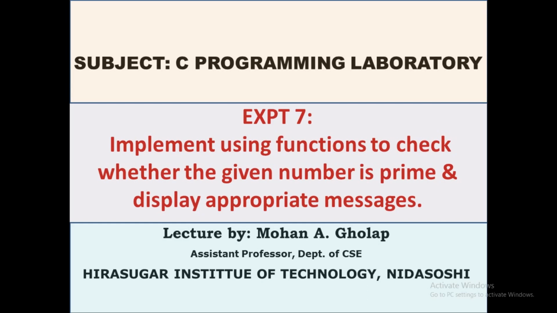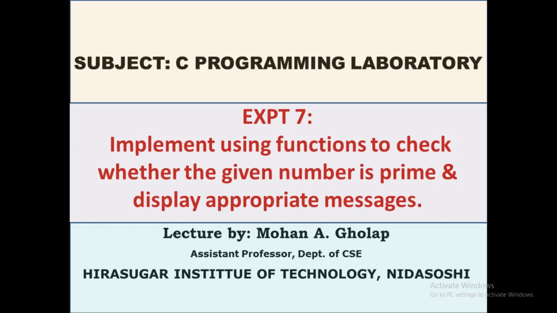We say a number is divisible by some other number only if the remainder is 0. But here, if we divide 3 by 2, the remainder is 1. So that's why we say 3 cannot be divisible by 2, and that's why 3 is also a prime number. Hope you know all these things. I have just briefed them.